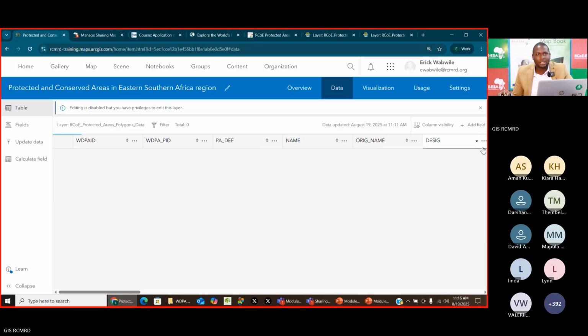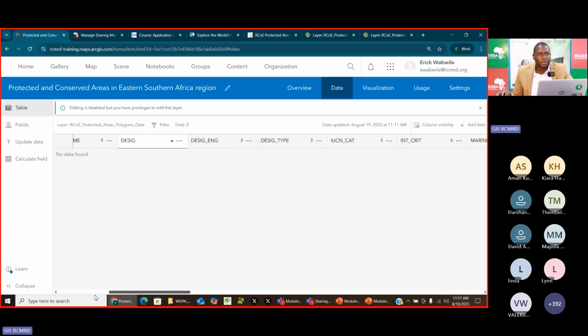When you scroll, you'll see many other values that we can't see at the moment. Oh, there's a scroll bar here. You can scroll towards your right, and you will see many other fields added. All these fields are included in the WDPA, and some of them are marked as minimum, others are marked as complete. The minimum ones are mandatory,